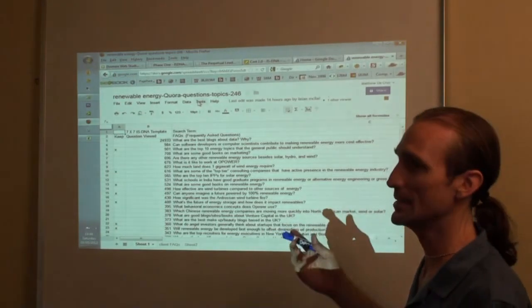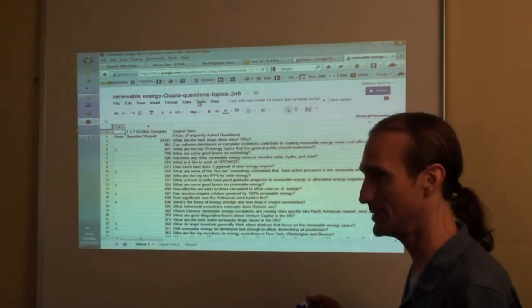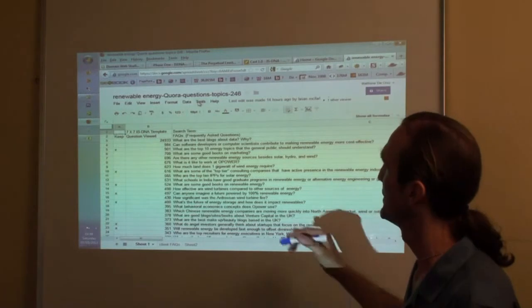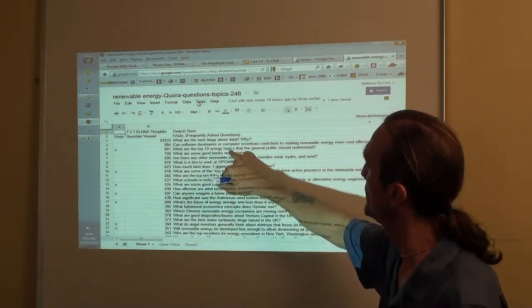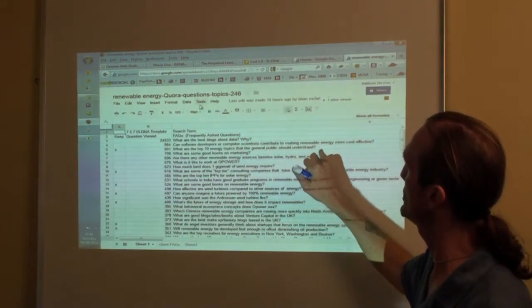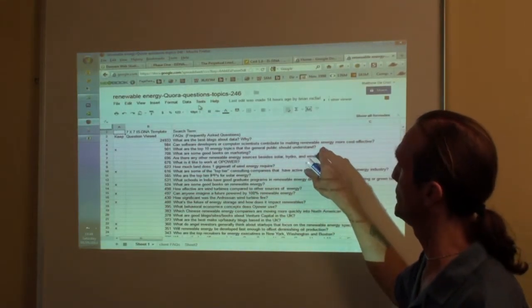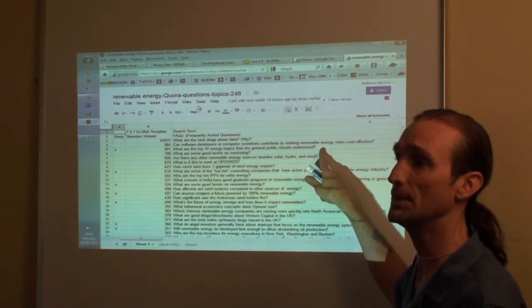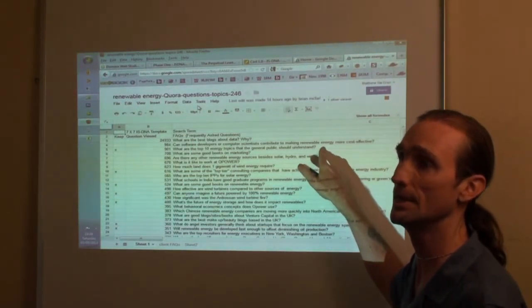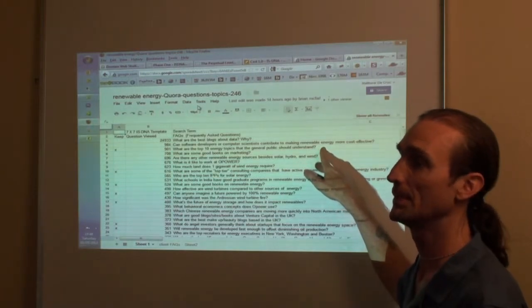Now we can go through them a second time after researching that product innovation. We know what the client's selling. Let's go ahead and look at them again. You kept this one: what are the top energy topics that the general public should understand? Now, in my mind, I would be asking, is this a potential painkiller or vitamin? Is it product related, or is it educational, informational? I would consider it educational.